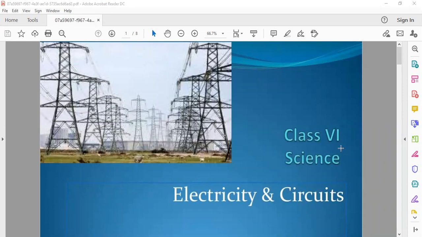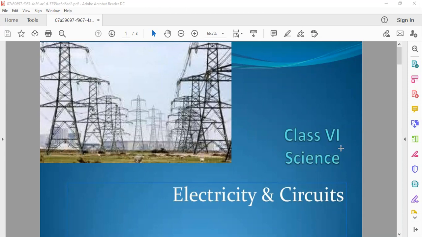This word electricity is a very common word, and you have heard that we are using it to operate pumps that lift water from wells or from ground level to the top roof tank. So, what are the other uses of electricity, and what are the components used in an electric circuit? We will study the different circuits and components used in electric circuits in this chapter. So, this is the beginning of the chapter.